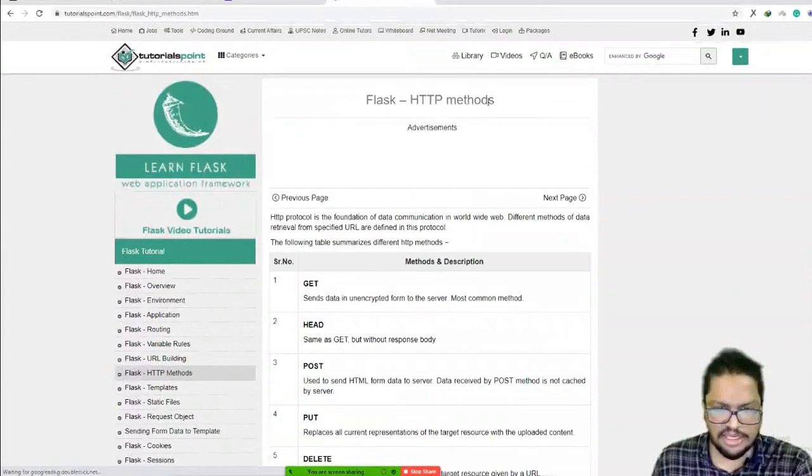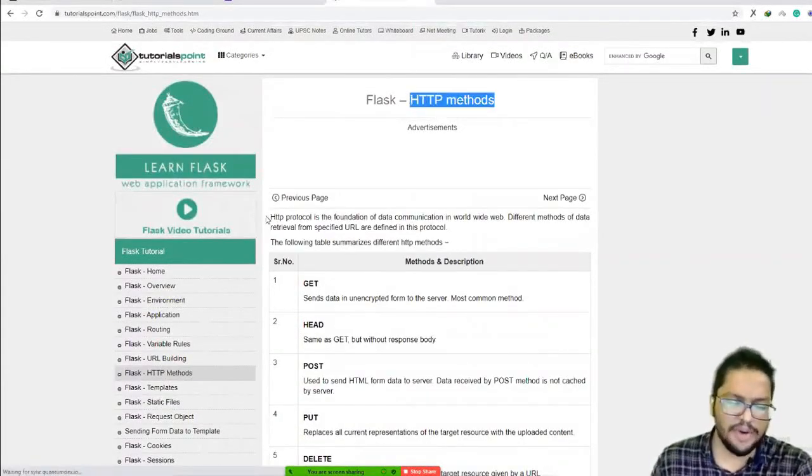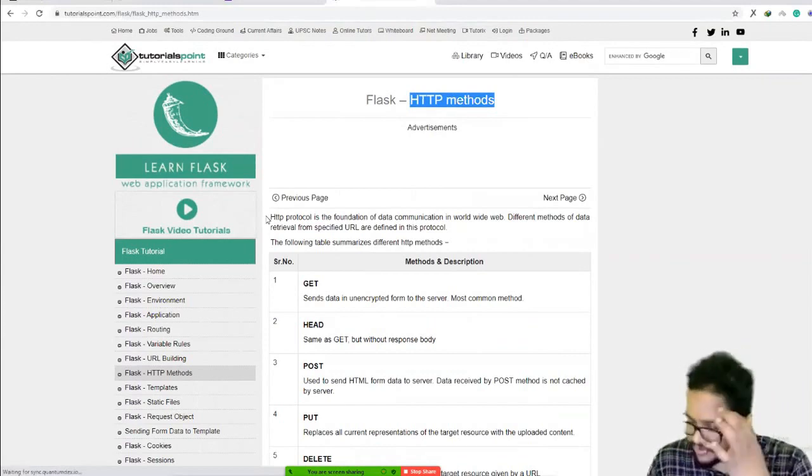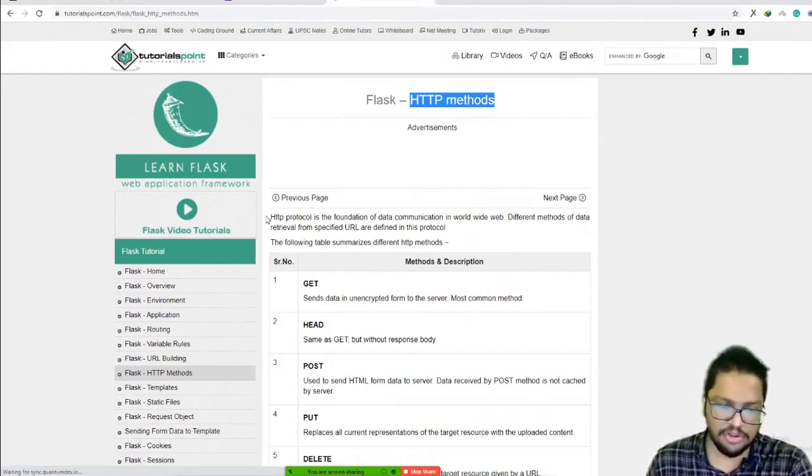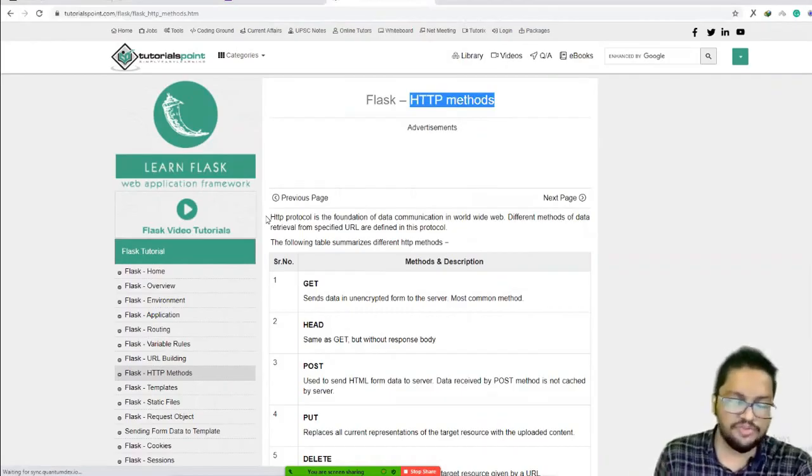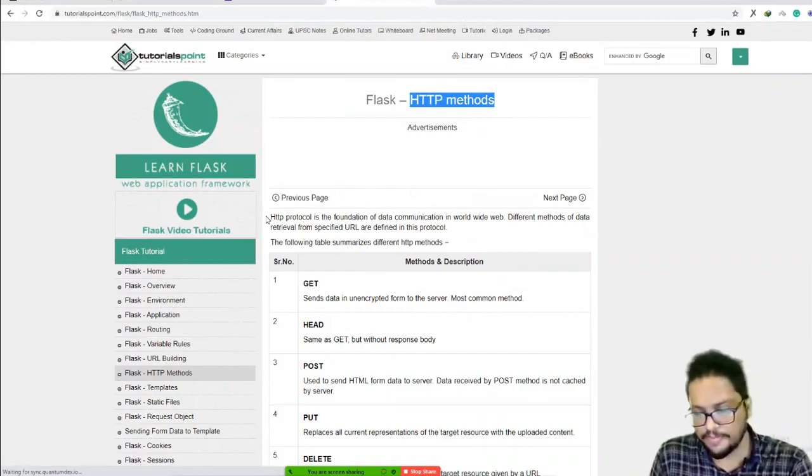So we are using an HTTP method here. This is used when we are going to pass some values from the, sorry, the methods are important, and methods are these HTTP protocols. So HTTP methods are used when we are going to pass values from the UI to the backend, right? When you are going to pass values from the UI to the backend,